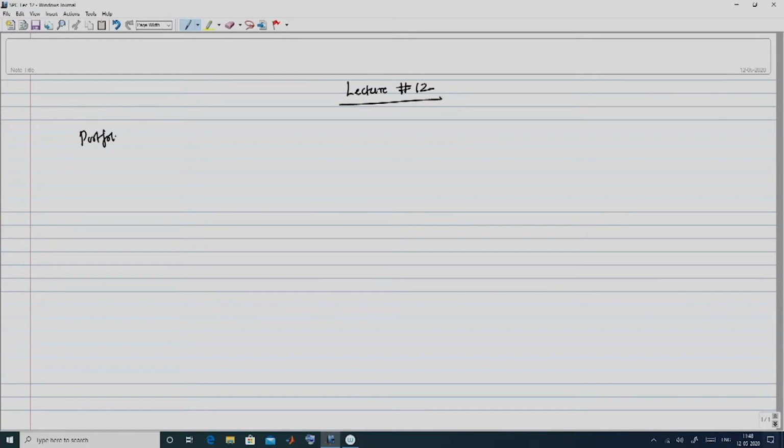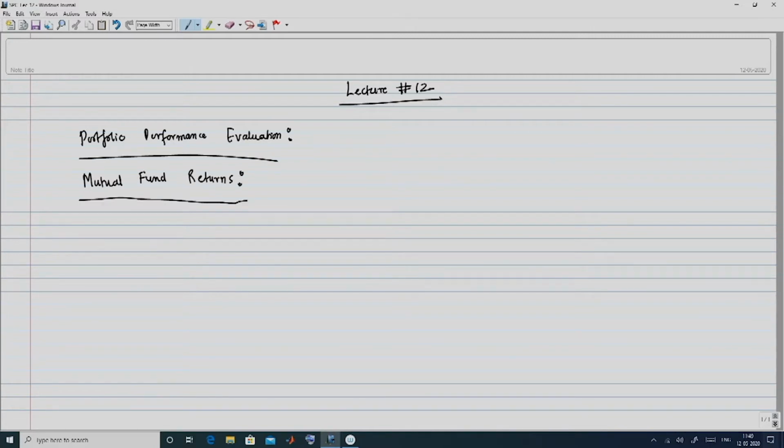So, let us start off our discussion on portfolio performance evaluation. Now, in order to motivate this, let us just talk about mutual fund returns. Mutual fund is the most commonly used term, the most familiar term that you can get to a portfolio. So, accordingly, I start off with this and state the following, that the returns from mutual funds